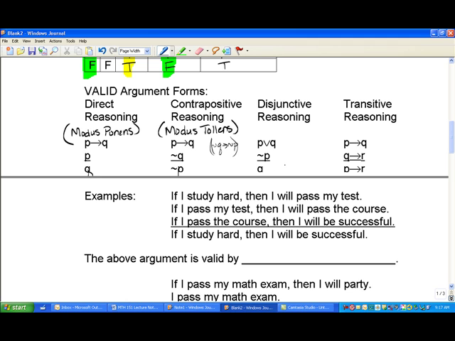Disjunctive reasoning: if we know we have P or Q and we don't have P, that forces us to have Q. Likewise, if we don't have Q, that would force us to have P. So both of those actually describe the same thing. Transitive reasoning is something that pops up fairly frequently. If P then Q, we know if we have P, we have Q. If we have Q, then we have R. So we know if we have P, then we have R. So that's called transitive reasoning. Now, what we're trying to do in this next group is we're trying to identify